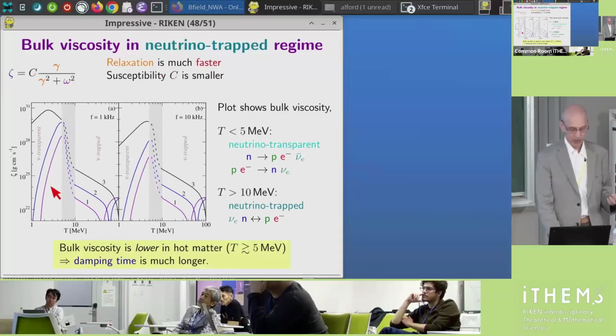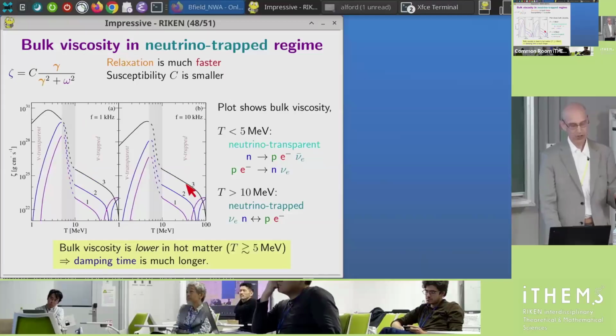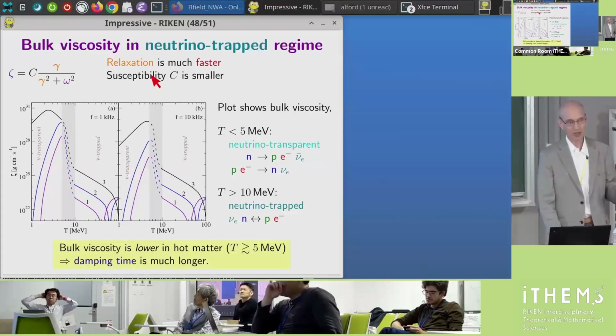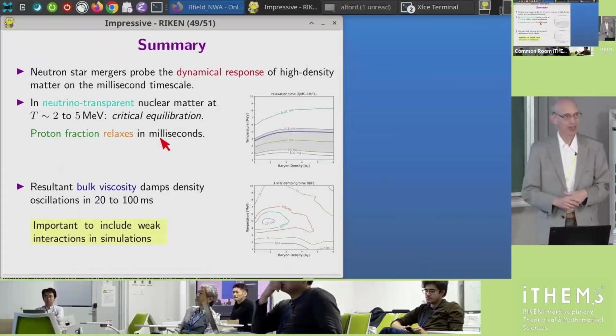So here's a plot as a function of temperature now of the bulk viscosity, where they switched from neutrino transparent mode at below 5 MeV to neutrino trapped results above 10 MeV with a gray area in between. And you see the bulk viscosity drops quite a bit when you get to the neutrino trapped regime. And that's because it relaxes much faster, stays in equilibrium, doesn't get so much phase lag, all those sorts of reasons. So, okay, I think now I can get to my last 2 slides in good time for the end